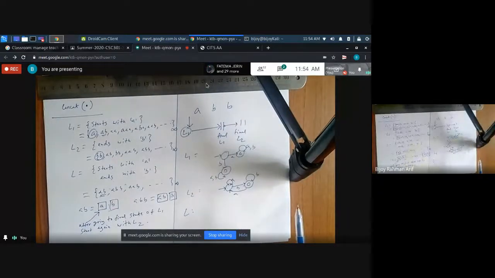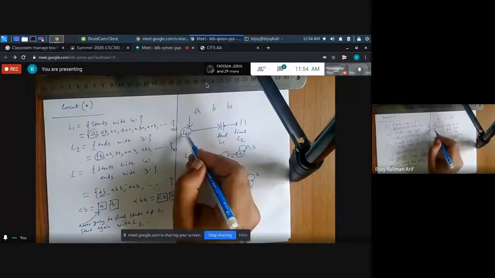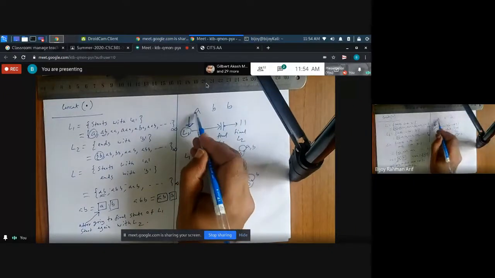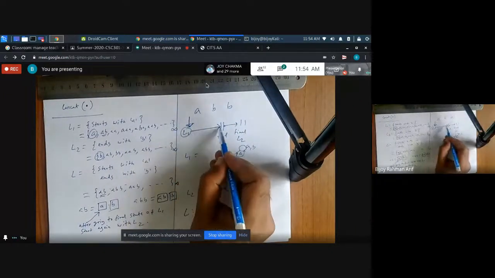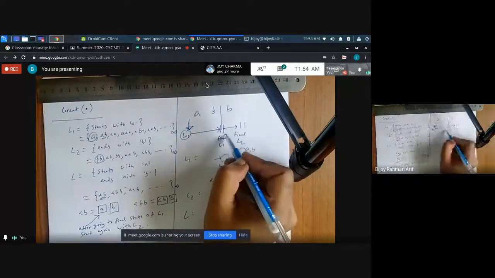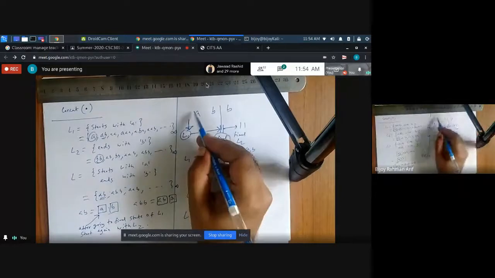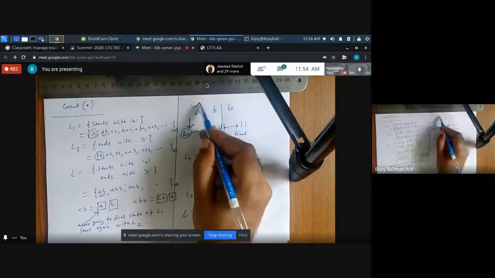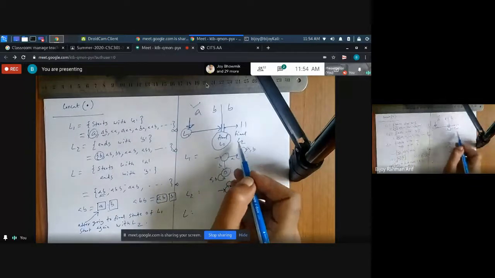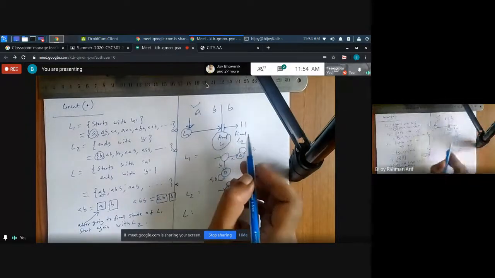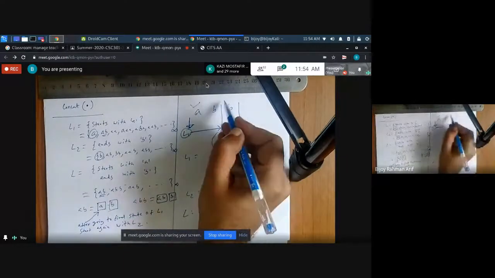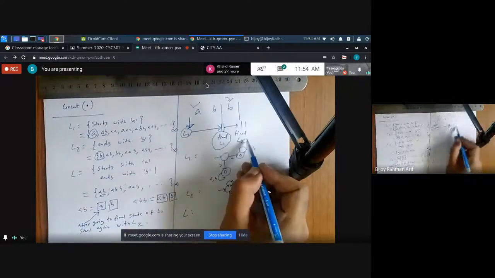How can I accept ABB? I start with language 1, am I right? Yes. From here, then I go up to B, right? Then I am in the final state of language 1 because it starts with A, am I right? From that on, I start again with language 2. My journey of language 2 starts, am I right? Then I finally get B, that means it ends with B. Then I get the final state of L2.